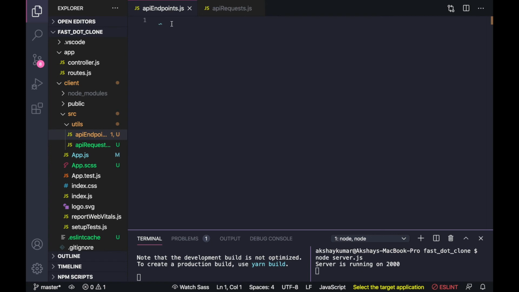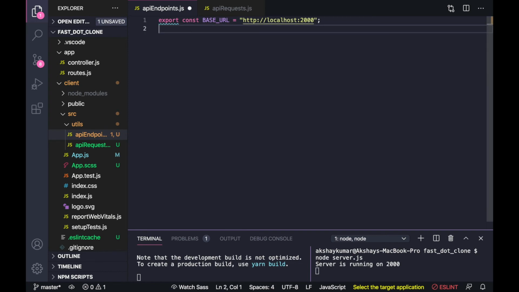Now inside API endpoints.js we will write export const baseURL equal to http localhost 2000. After this, export const getInternetSpeed equal to /api/speedtest.